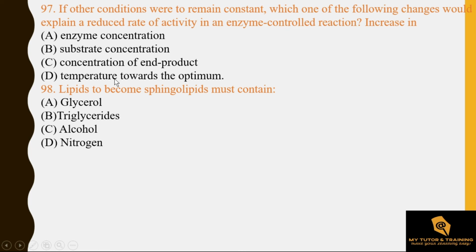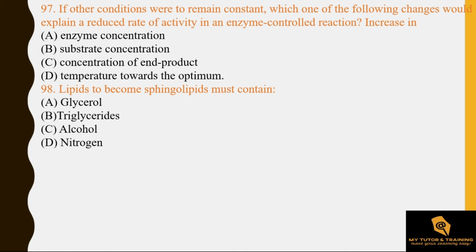end product. And the others don't affect: enzyme concentration, substrate concentration, temperature toward optimum doesn't affect that of a given enzyme. Optimum ናቸው ማለት ነው። ግን concentrations of end product ማለት inhibitor ነው enzyme denature ሊያደርግ ይችላል ማለት ነው።